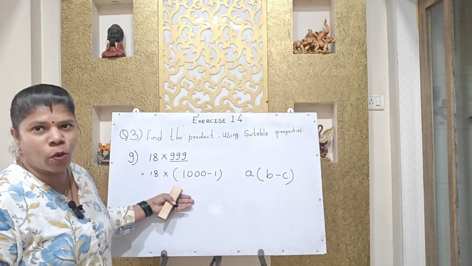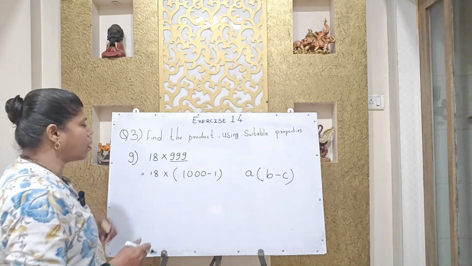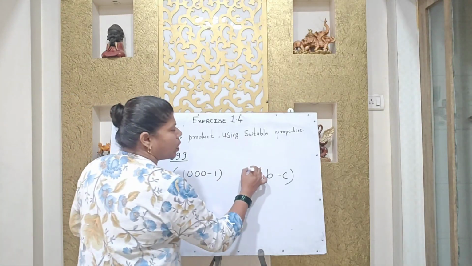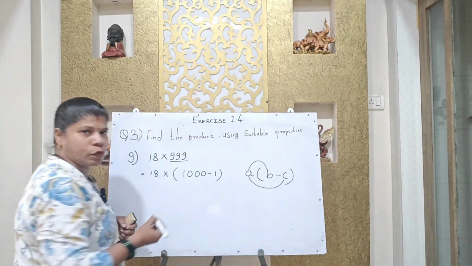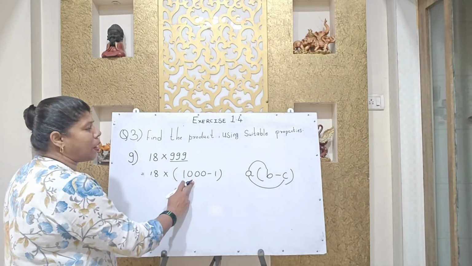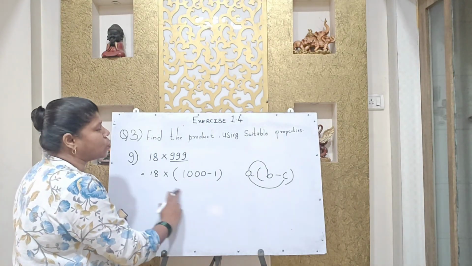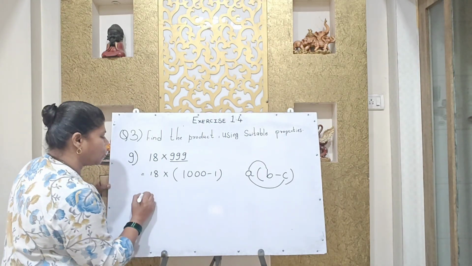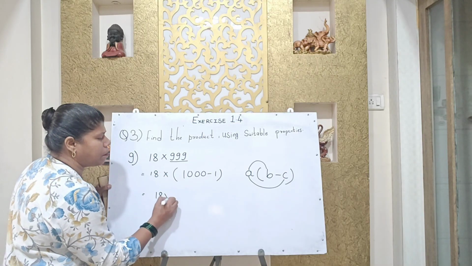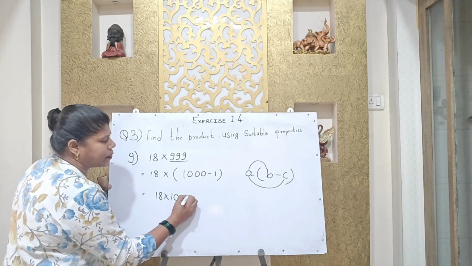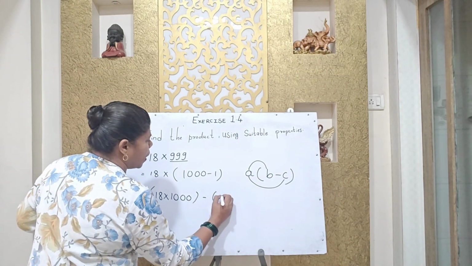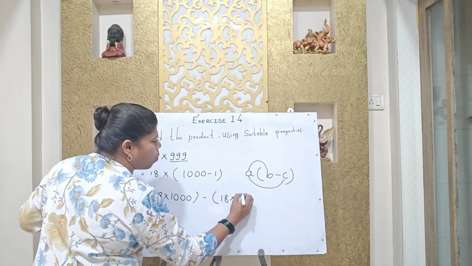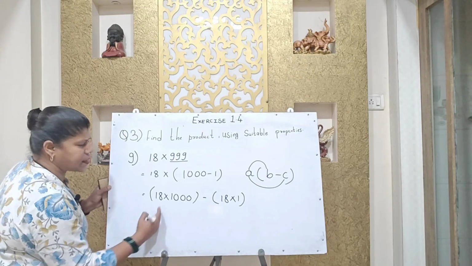So, हाँ, चलो property तो मिल गई. अभी हम ये sum solve करेंगे. So, first what will I do here? I multiply A with the B and A with the C afterward. बराबर? हम तो 18 को पहले हम 1000 से multiply करेंगे, फिर 18 को हम 1 से multiply करेंगे. So, do it. 18 multiplied by 1000 minus sign 18 multiplied by 1. Easy.